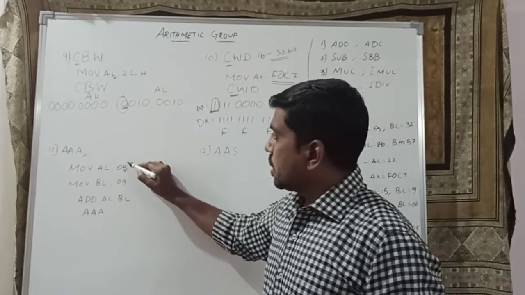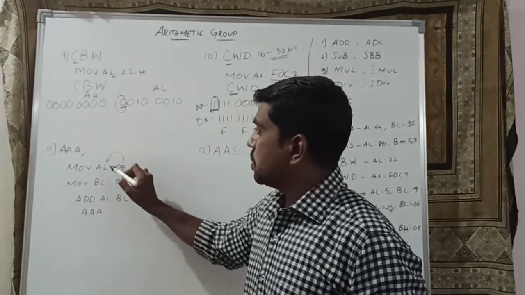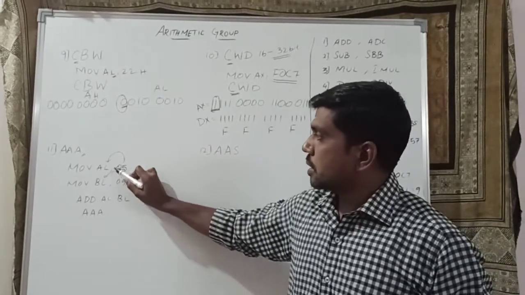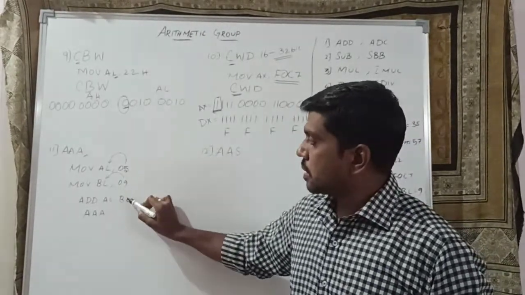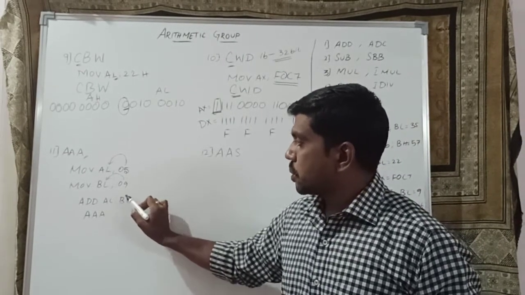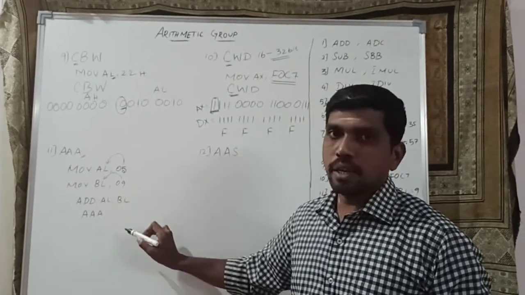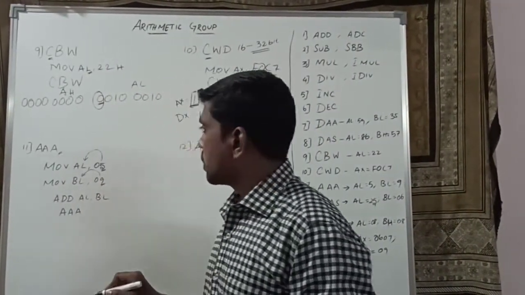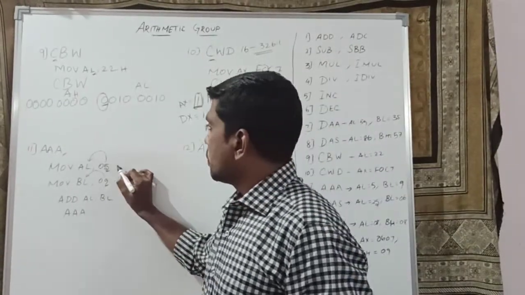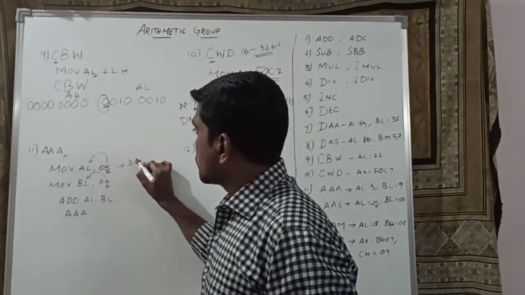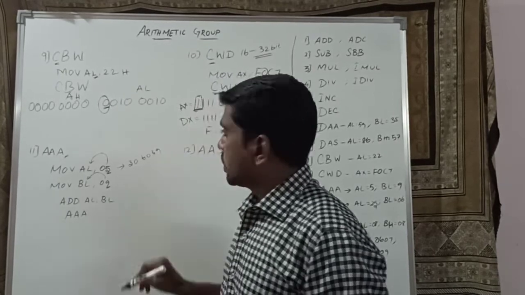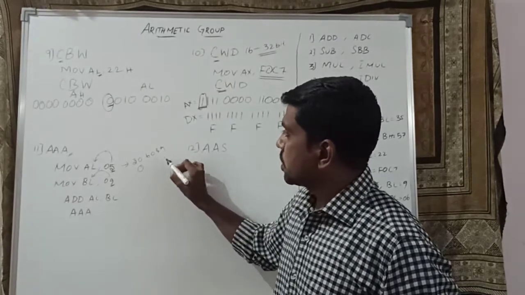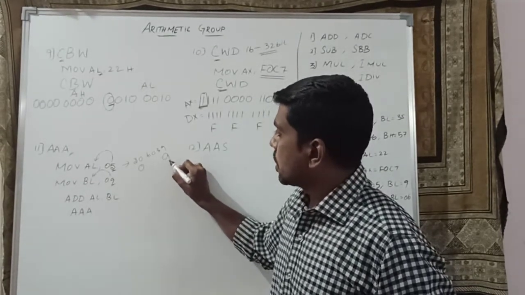First you get the 8-bit number. That number is transferred to the AL register. The second value 09 is transferred to the BL register. The third instruction just adds the two contents, the BL register plus the AL register. So first we write the binary number for 05 and 09. The ASCII values represent 30 and 39. The 30 is equivalent to decimal number 0, and 39 is equivalent to decimal number 9.